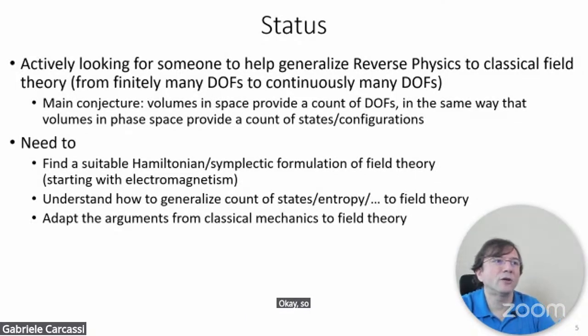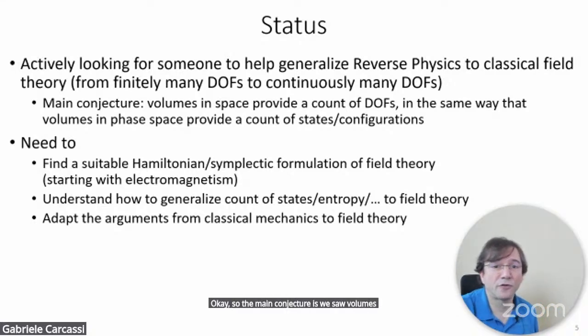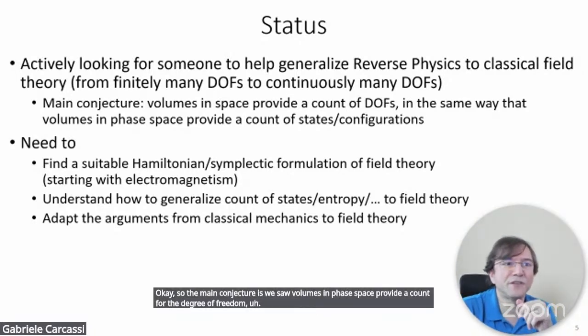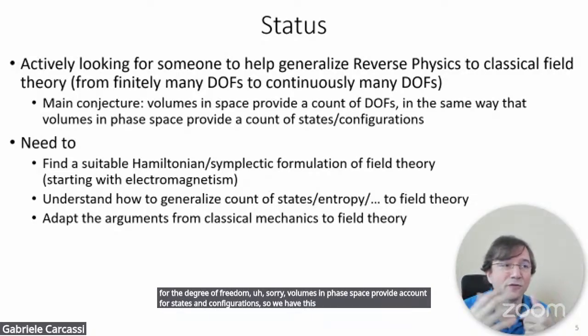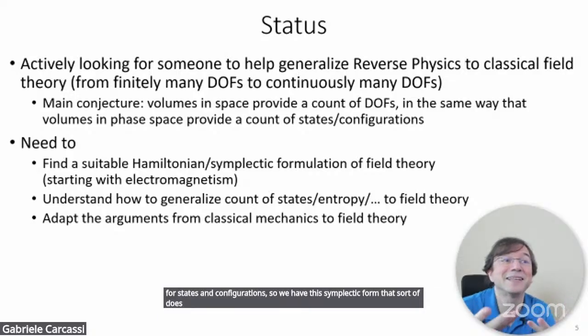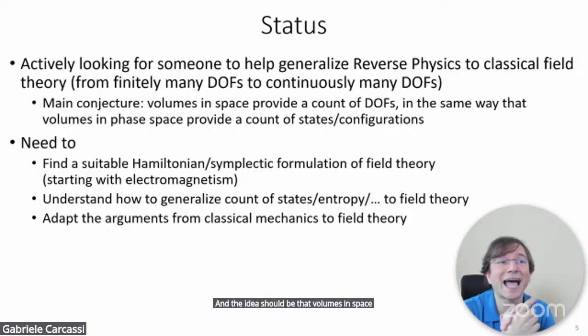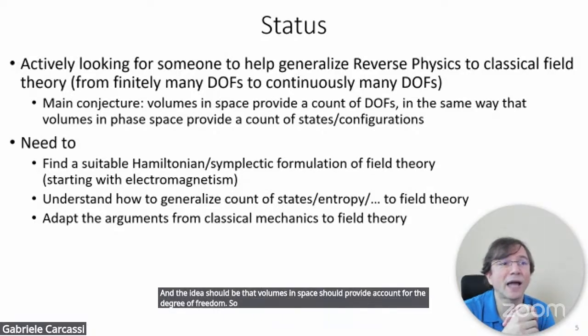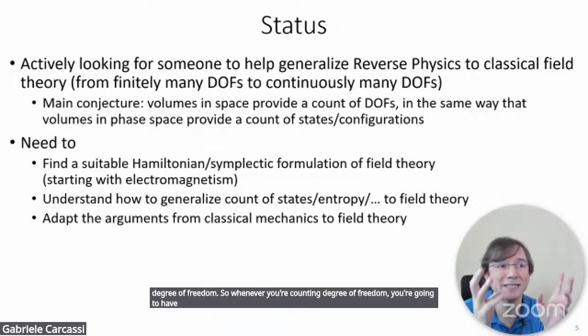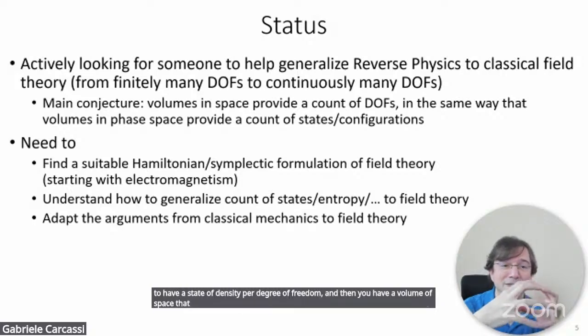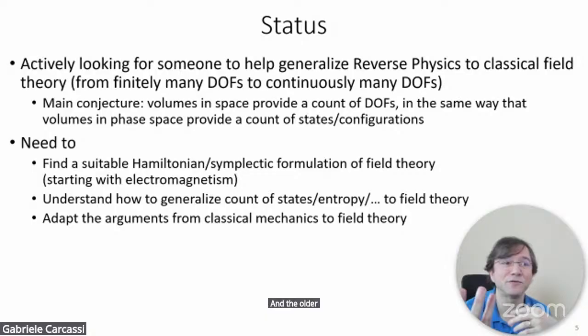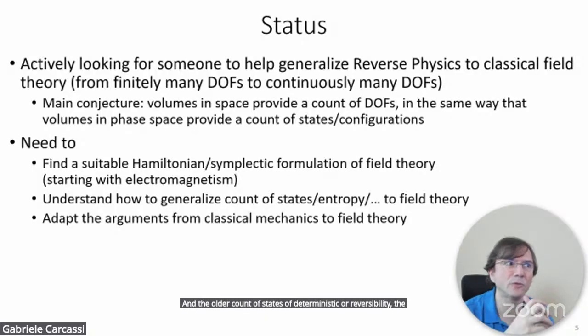Okay, so the main conjecture, as we saw, is that volumes in phase space account for the degrees of freedom. Volumes in phase space account for states and configuration. So we have this symplectic form that solves that problem. And the idea should be that volumes in space should account for the degrees of freedom. Whenever you're counting degrees of freedom, you're going to have a state density per degree of freedom, and then you have a volume of space that tells you how many degrees of freedom there are in this region, and all the counting of states of deterministic irreversibility independent of the degrees of freedom should basically be